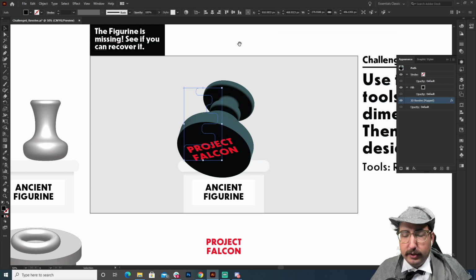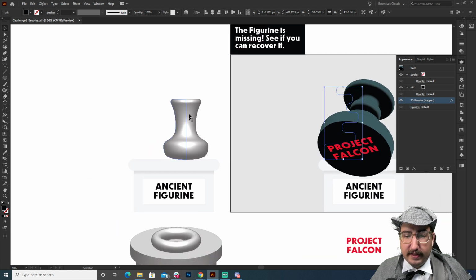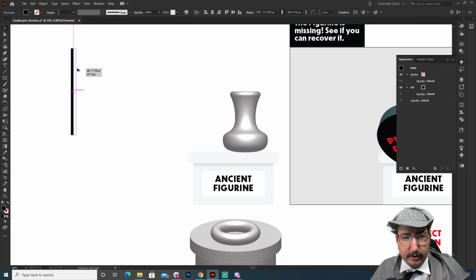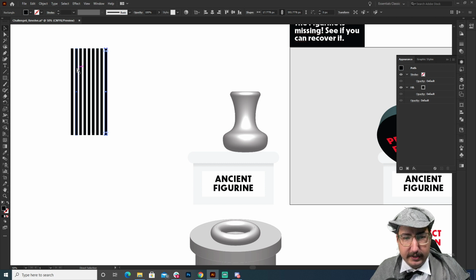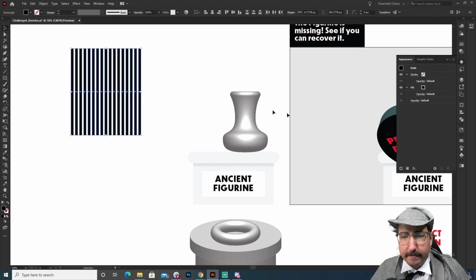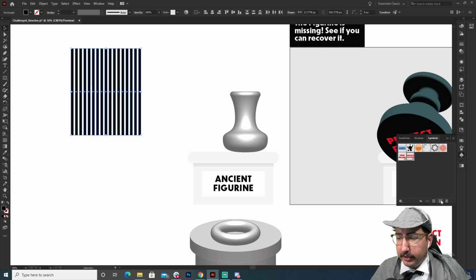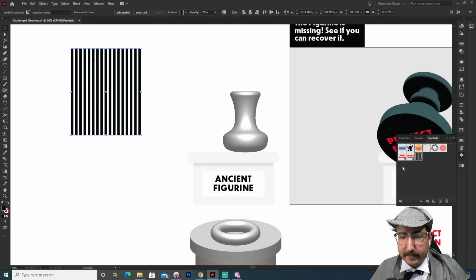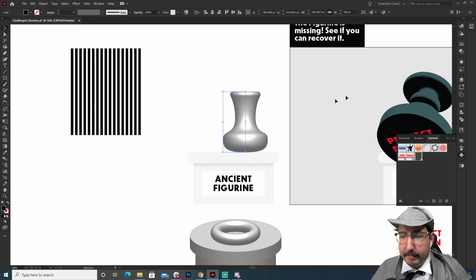Another way to do this is, let's say that you wanted to create this vase, right? If you're using this vase that we have made, we can maybe do some fun lines. So let's just do a fun little kind of Tim Burton-y line. Let's select all those and create one symbol. Change it to lines. And now let's go ahead and mess with this.